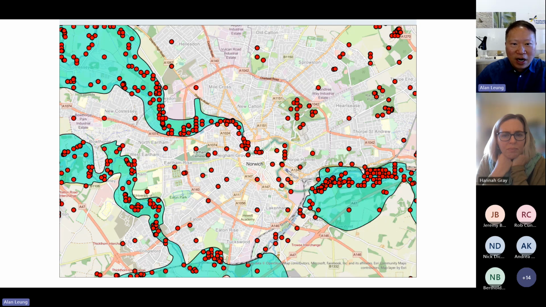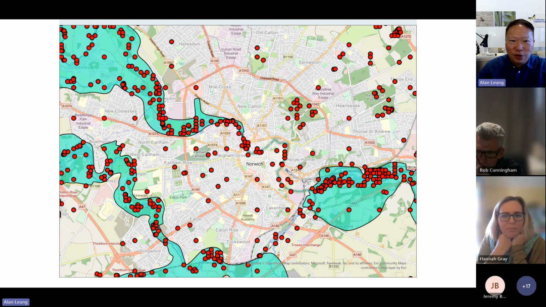Actually, I've tried to look into what those SOCC are. Many of them in this area are records of the Norfolk hawker, which is a dragonfly. The adult dragonflies can fly around this area, and people can record them easily. And I believe there are a lot of recording programs in the area as well, because people are interested in protecting the species.